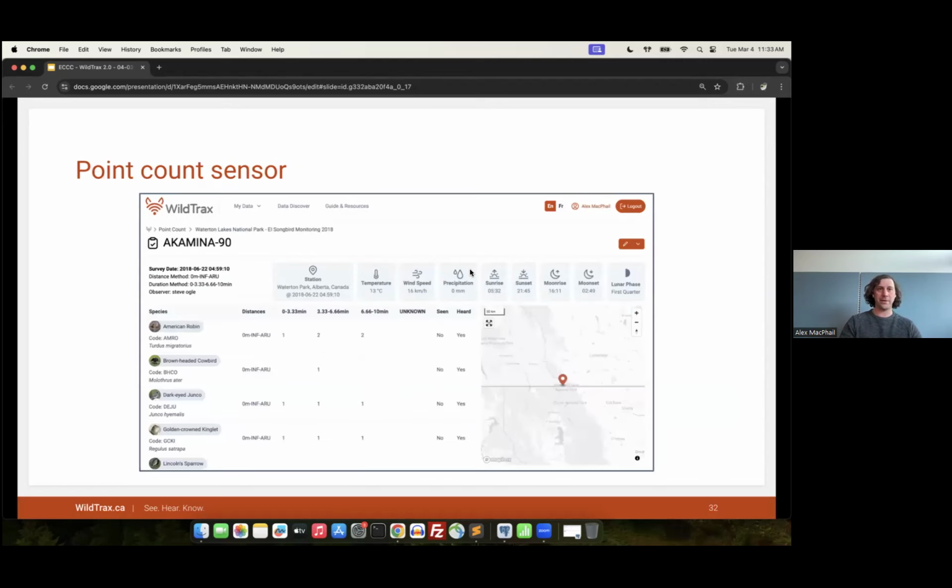And finally, we don't want to forget about the point count sensor. It also took a little bit of an overhaul this year too. And so we have, again, the same weather panel that you see up top for consistency. The surveys are also available in here in a new interface so that you can see all of this data. And as I mentioned as well, working towards data publication and for large data sets, we want to be able to provide the ability to download lots of point count data really quickly for folks who are doing projects at large scales, especially with lots of this published public data that's being supported by the Boreal Avian Modelling Project.